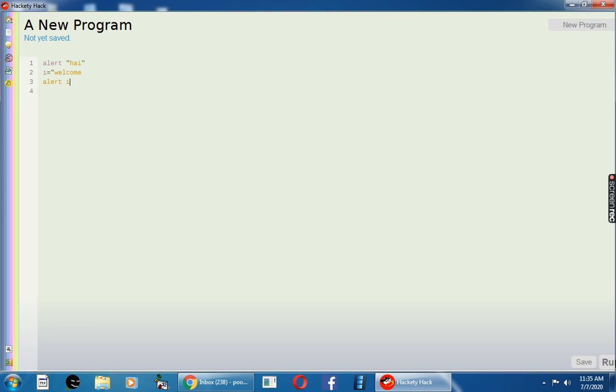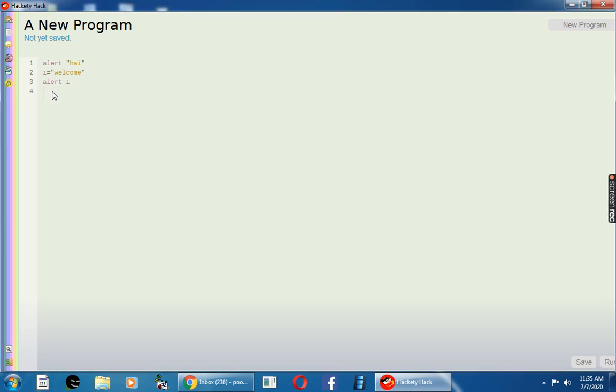See, actually in the second line this alert has to be changed to violet color, but it is still in orange color. What does it mean? The value for the variable I is not entered. So it has to be changed, double quotes have to be ended. Now you see, alert I has changed to violet color. Now if you run the program, you will get the answer. Hi, welcome.